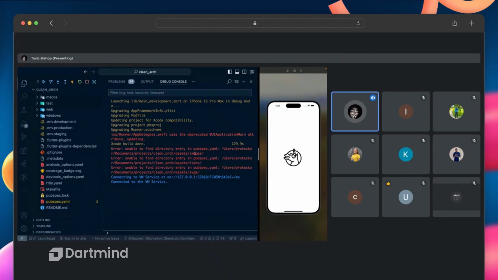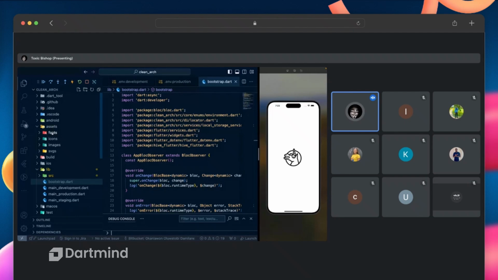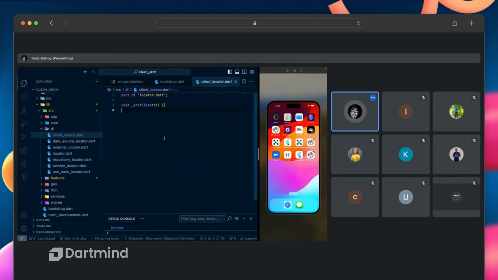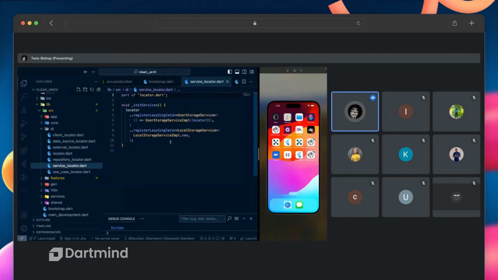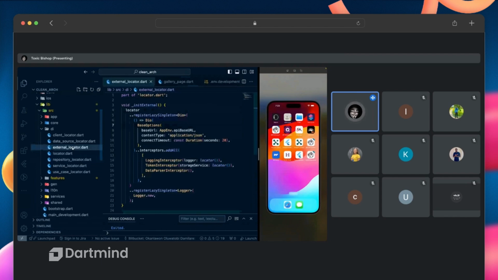So that's what this prospect is complaining about. I don't have all these images, all these assets. I have fonts, icons, images, and images. So we can stop the project. And another thing we don't have is DI, right? We don't have any dependency stuff at the moment, which is very important because the only thing we have is just user storage and local storage. But then we need to have a repository. We have to register our repository. We have to register our data source and we have to register our